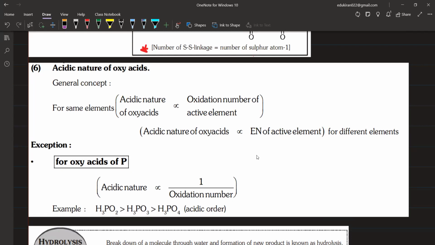Now, these are the cases when you have the same central atom. If the central atom is different, but the oxidation state is same, then you have to use this rule. Acidic nature of oxyacid is directly proportional to the electronegativity of active element. This is what electronegativity. If you have different elements,